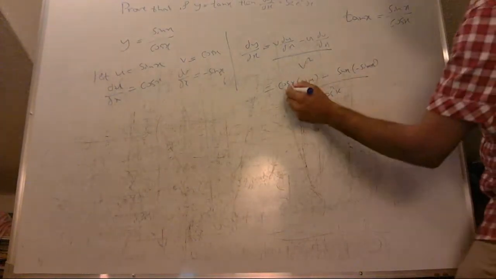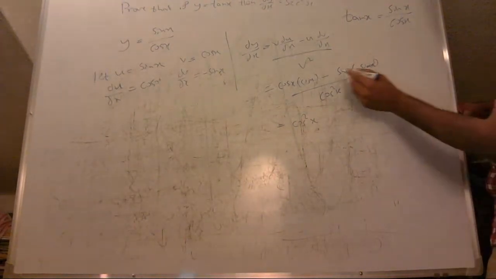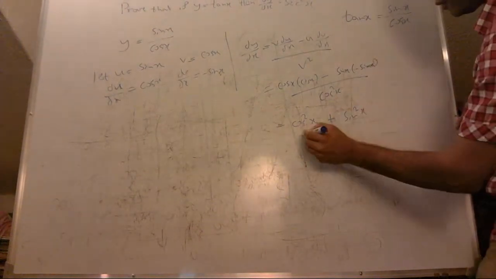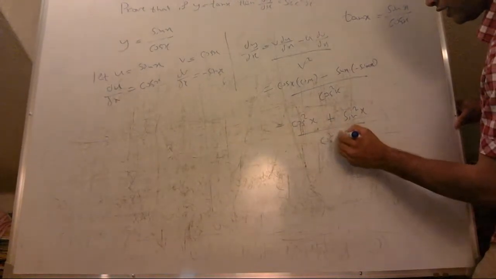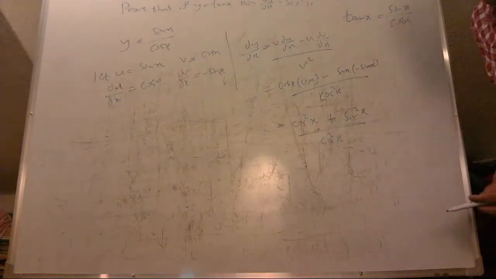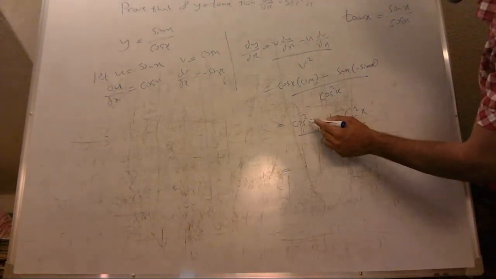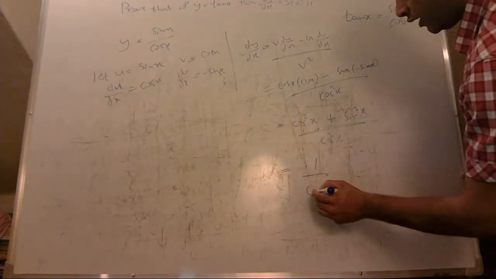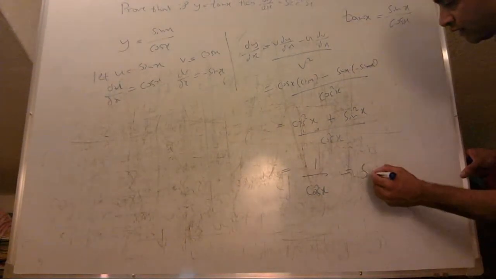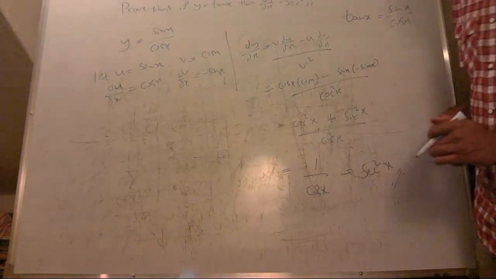So now cos x times cos x is cos squared x, and minus makes a plus. Sin times sin is sin squared x, all over cos squared x. Now cos squared x plus sin squared x is equal to 1, if you remember from the identities which we did last year. So that is 1 over cos squared x. So 1 over cos squared x is the same as sec squared x, and that is the proof of the derivative